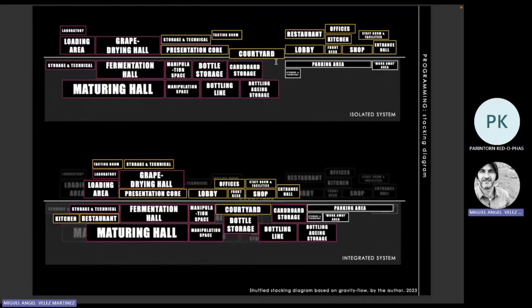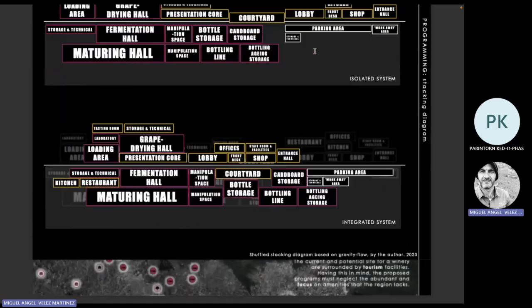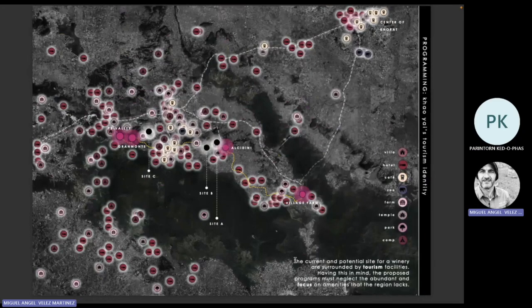You do this section, and this one is where you present different options, and then you name them. In this case, it's like an isolated system. This one is one system where all the program is mixed, so it's integrated. This one is fully separated, there is no relation, isolated. And then this one is already